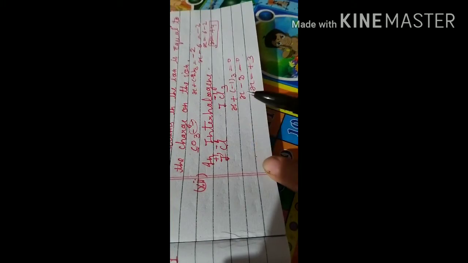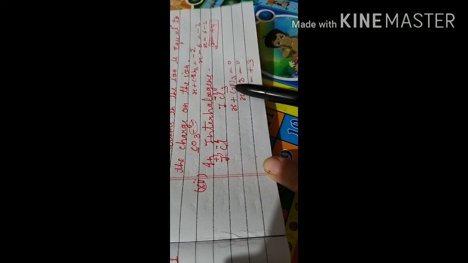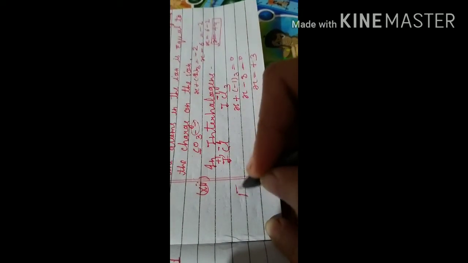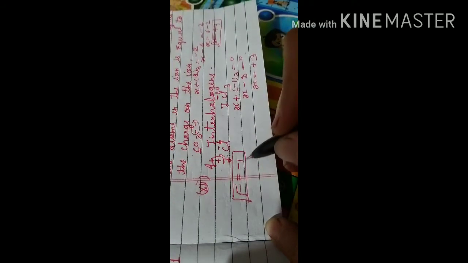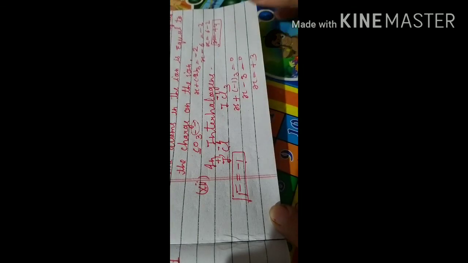Again I am telling, in interhalogens, the halogen which is written first acquires a positive oxidation state, and the halogen which is written later acquires a negative oxidation state. But always remember, fluorine always shows -1 oxidation state. It never changes its oxidation state because it is the most electronegative element of the periodic table. I hope you all have got it, the rules to assign the oxidation number of all the elements. That's all for today's session.